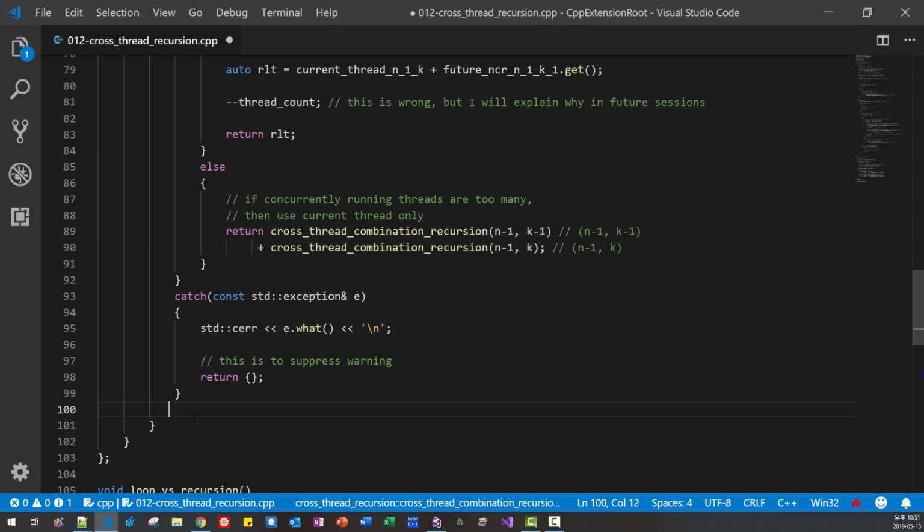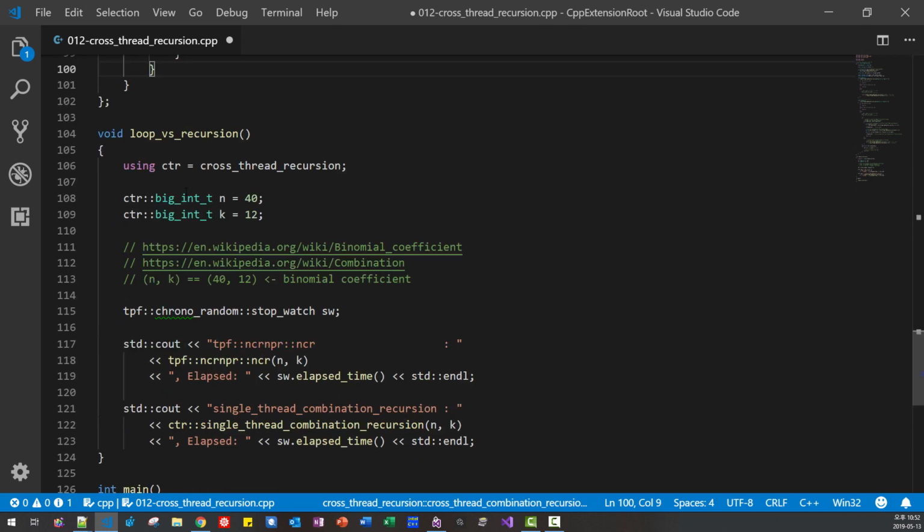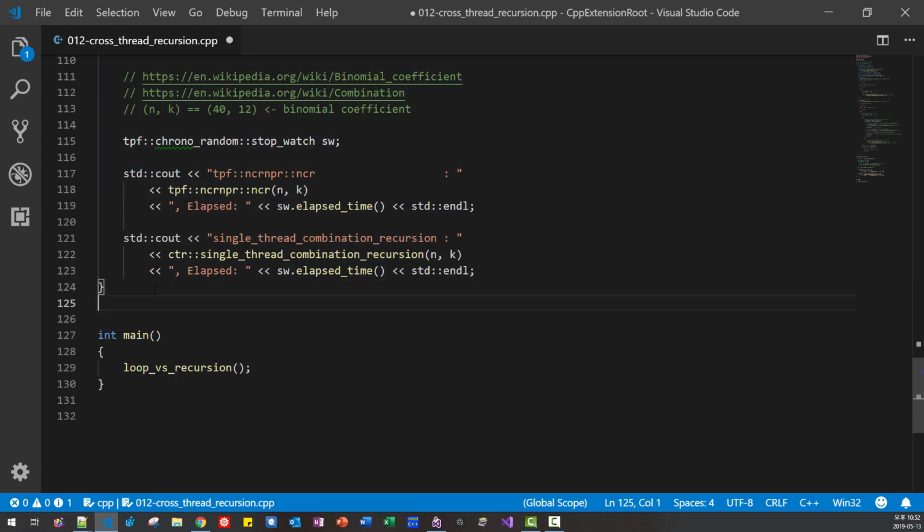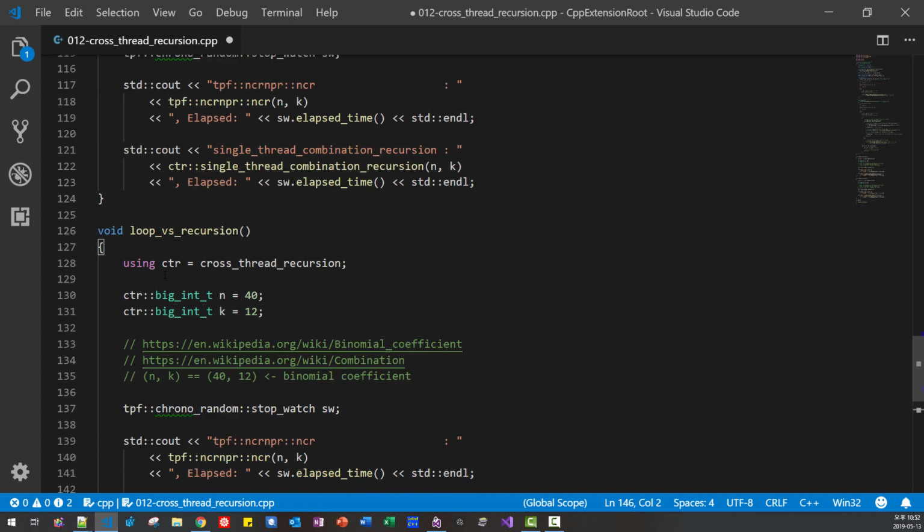Like this. Now I copy this code, pasted, then I rename it single versus multiple thread recursion.